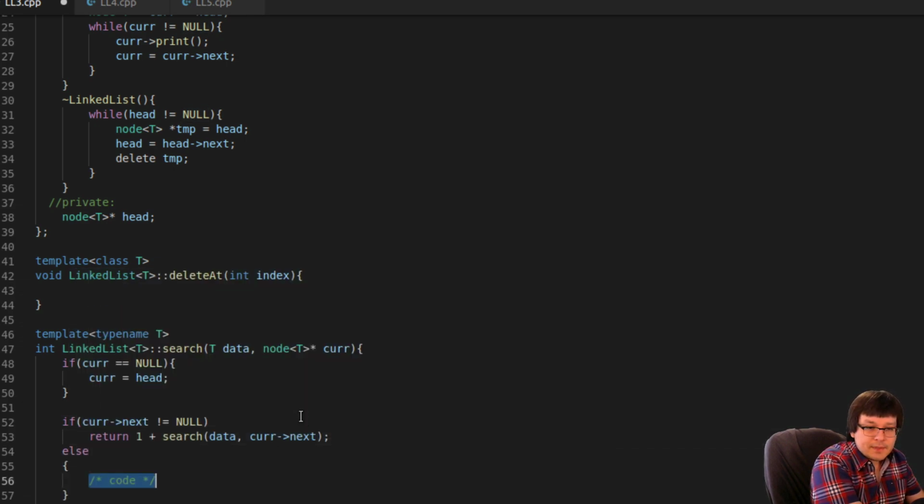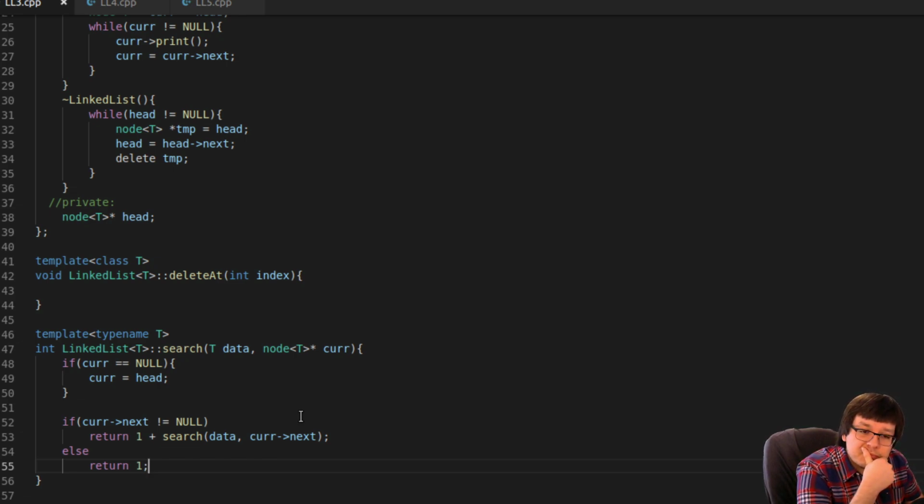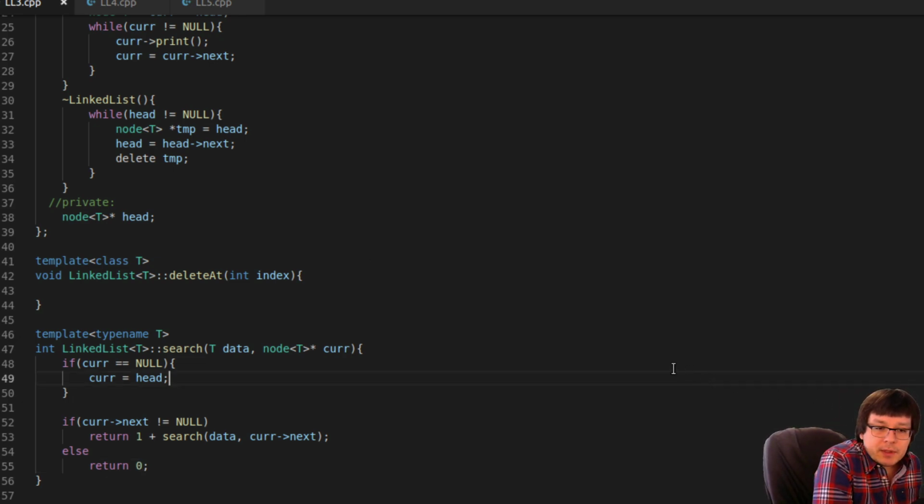Alternatively, if it is equal to null, then we're just going to return 1 of that. Okay? Or 0. 1 or 0. Let's do 0, because we index 0. So I think that'll work better.